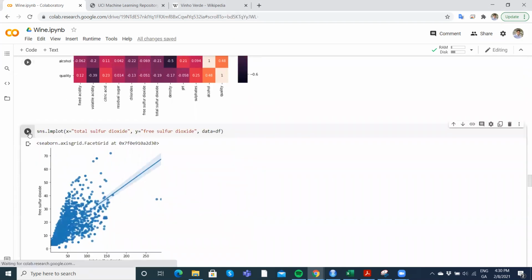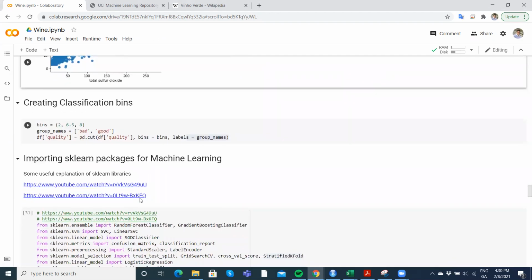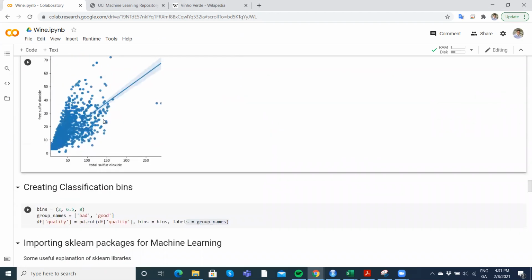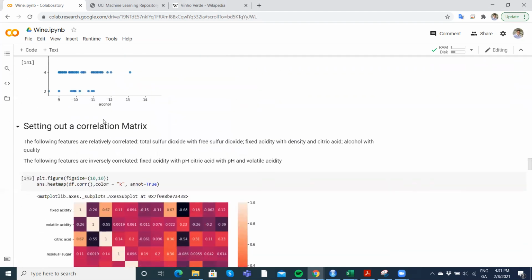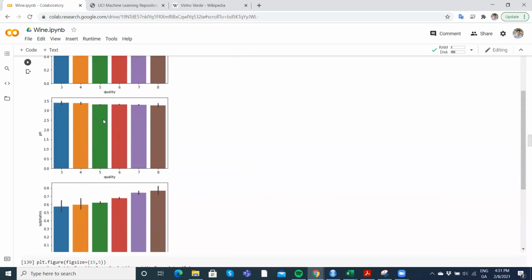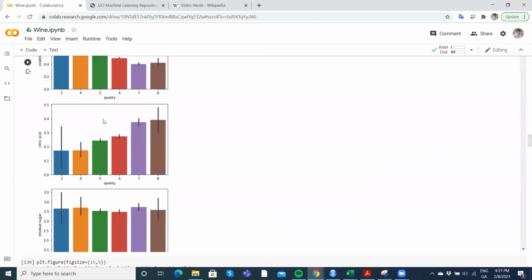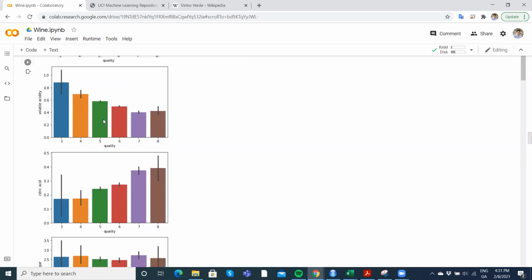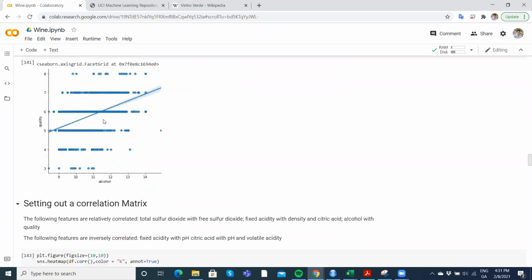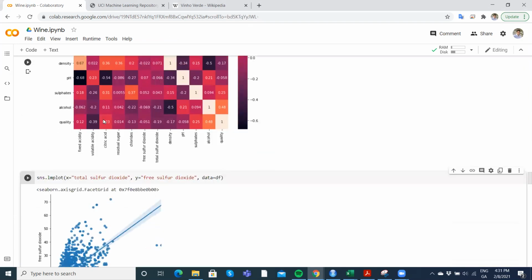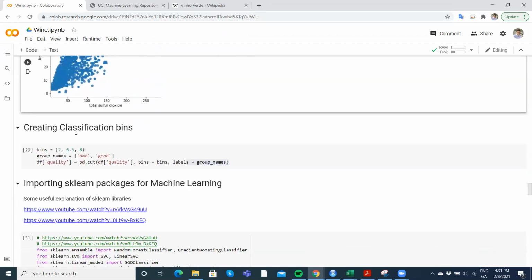Again, it's fairly clear that when we compare total sulfur dioxide against free sulfur dioxide, there's a positive relationship. Okay, so this is kind of a preliminary analysis. We can see some relationship here between the variables, between the quality and the other feature variables. And I suppose at this point, what we might do is say, okay, let's take the qualities and then